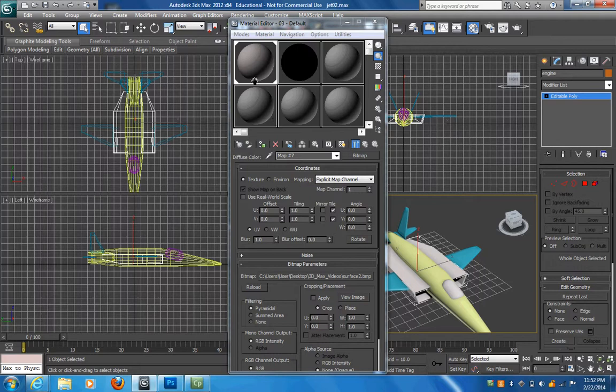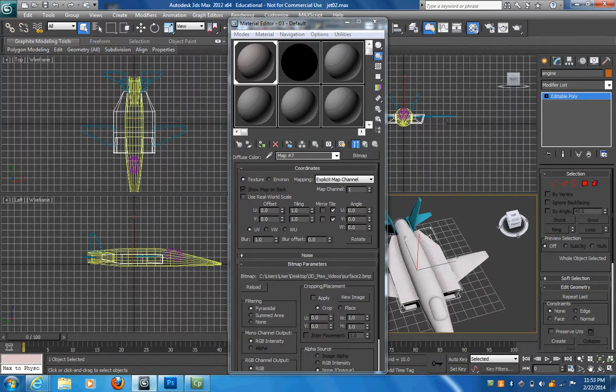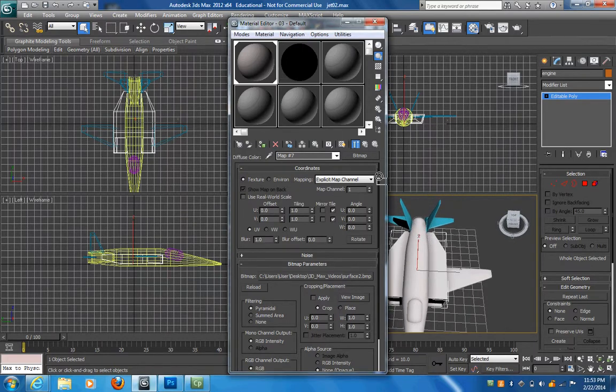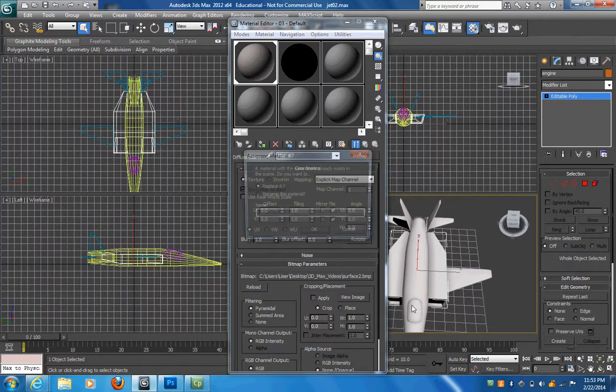If you want to replace it, well, I don't want to replace my main color because I need to go back and fix that in a minute, but that's okay. And I'm just going to add that to these areas here, my tail. And then I'm just going to go back and re-add that to my